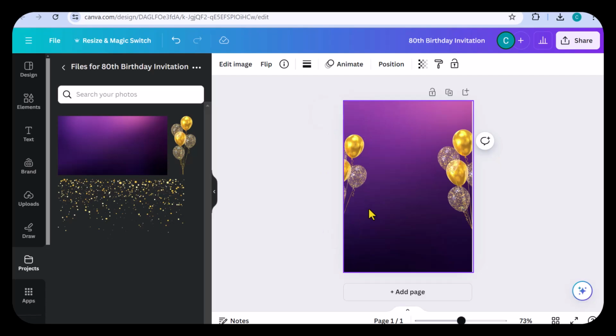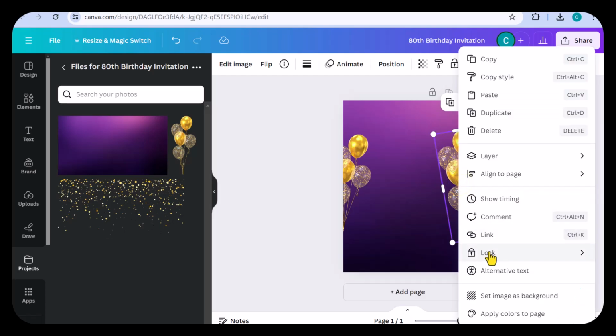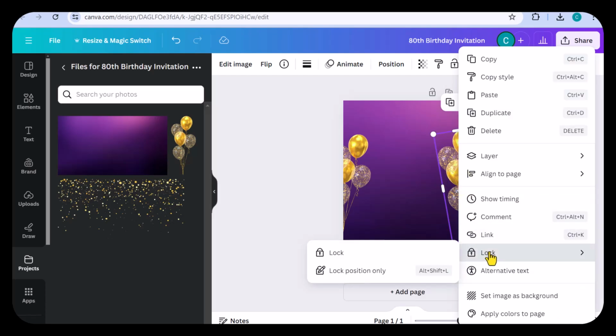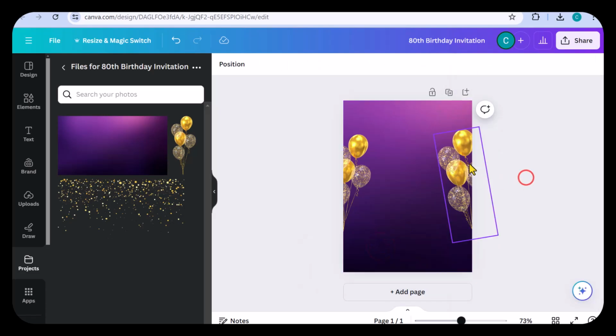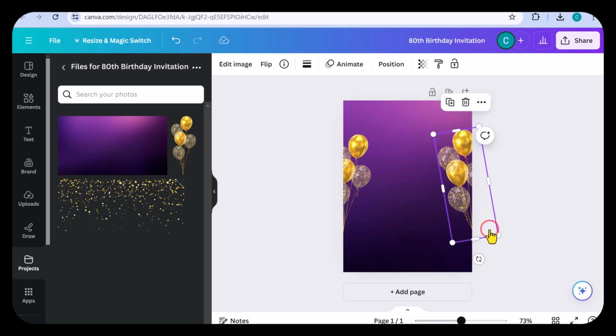Okay, for now I will leave this as it is, and of course, if we are comfortable with how they are right now, we can always right click on the image and select lock. What that will do is prevent any shifting. So once I lock it, I can click and drag comfortably without worrying about this image being moved all over the project. So if we're comfortable for now, we can do that, and if needs be, and we wish to move it, we can right click on the image and select unlock.